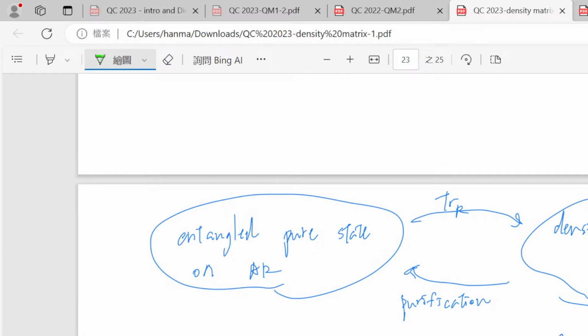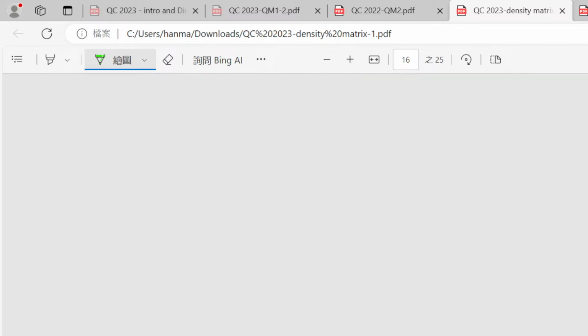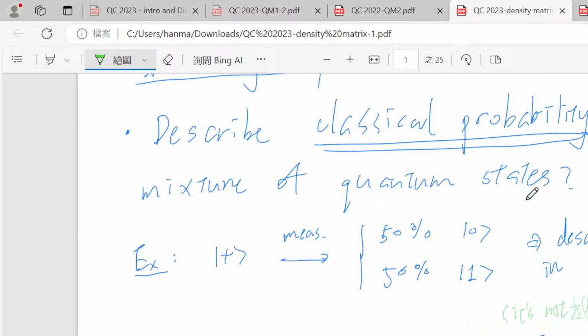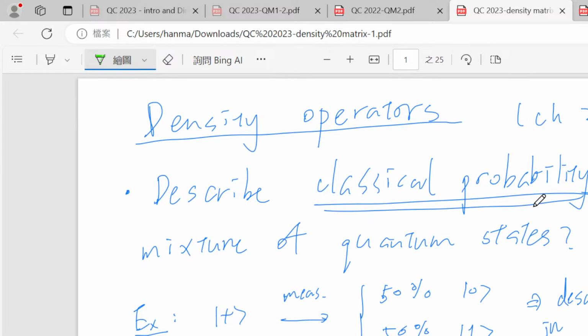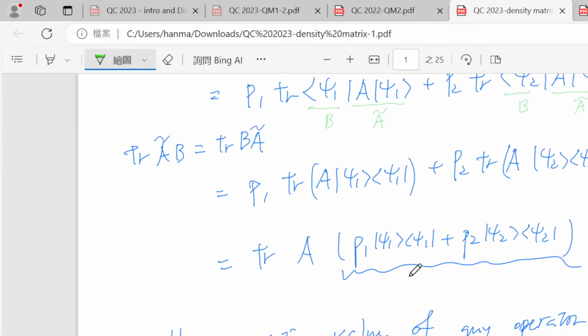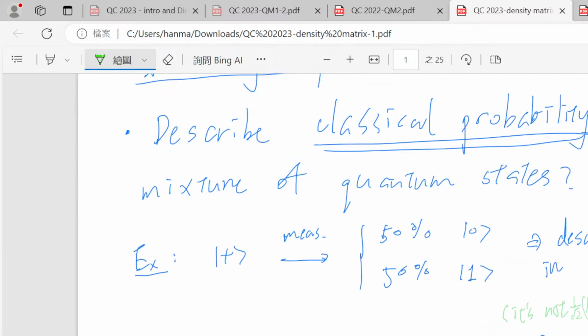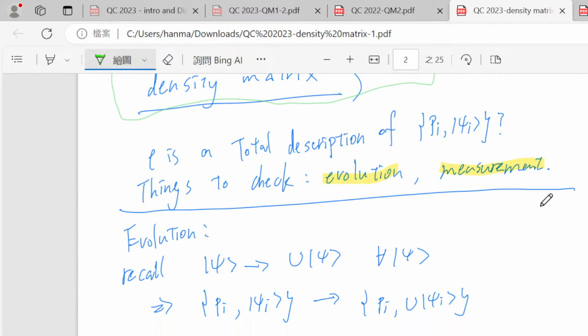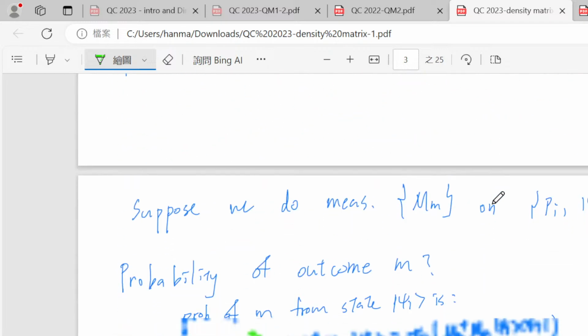So in this section, we talk a lot about the density operator. A small review: once again, we start with the density operator or density matrix, motivated by wanting to describe an ensemble of quantum states. And then we see that it's a very general description. We only need to know